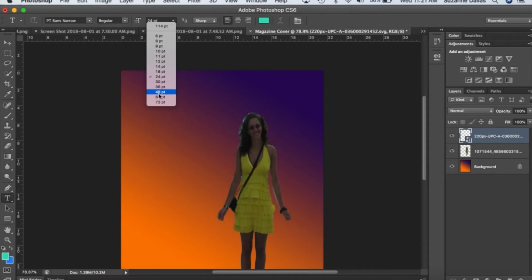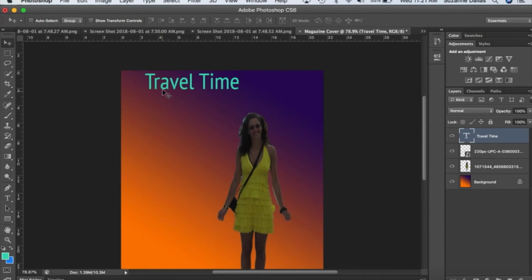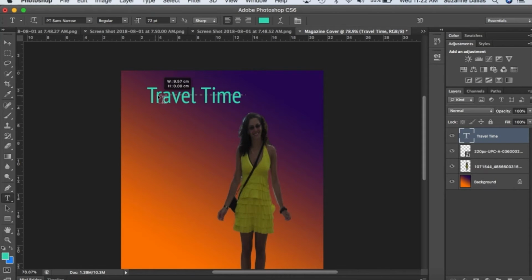I can change the font size, being that it's a title. I might want to go larger, and then I can type in my title. I can move that title around with the Move tool. If I want to change the size of fonts, I need to go back to the T and highlight,